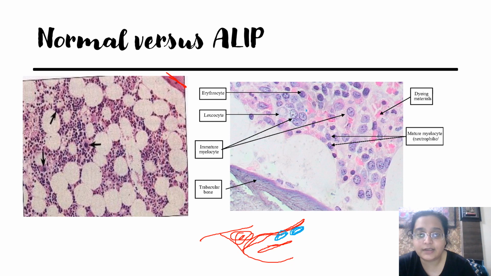देखो ये जितने भी myeloid lineage के immature precursors होते हैं, ये सब आपको trabeculae के पास मिलने चाहिए। This is a dying material, ऐसा pink necrotic सा पड़ा है, and these are mature myelocytes, ठीक है, ये immature है, ये mature है। Let me tell you how to differentiate. जो erythroid वाले होते हैं वो थोड़ा सा अंदर की तरफ होते हैं, मतलब ये देखिए ये अंदर की तरफ होंगे कहीं section में।